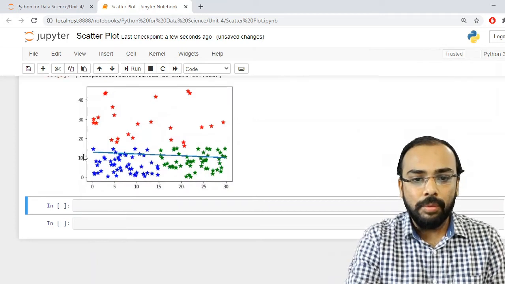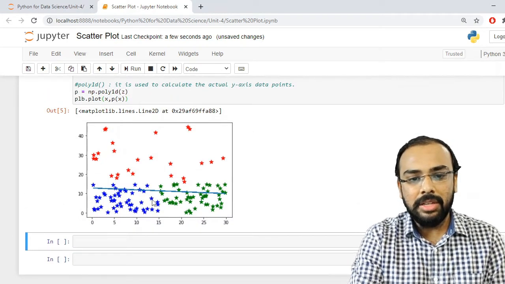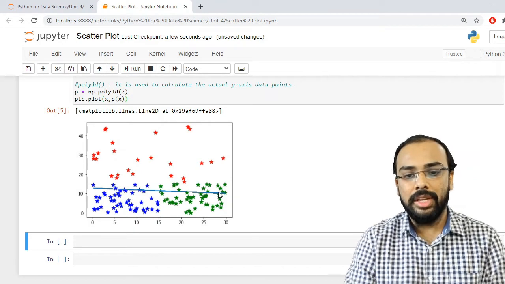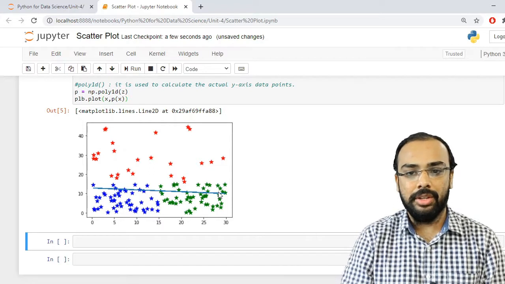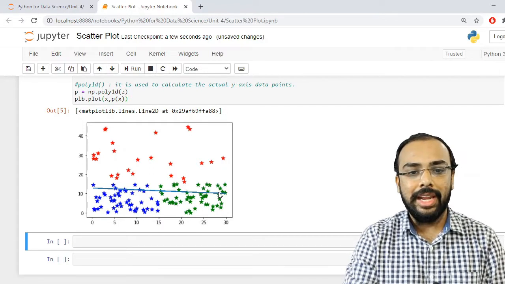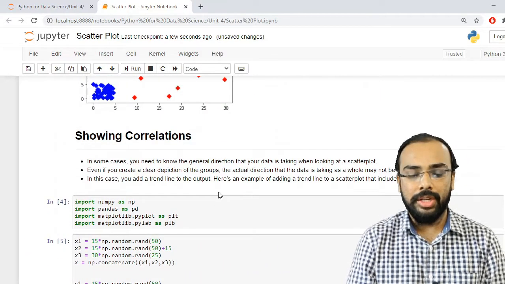Now you observe over here, you can see this is your trend line. That means the direction of your data is going in this particular fashion. So whenever you want to get the direction of your data, we have to make use of correlation.